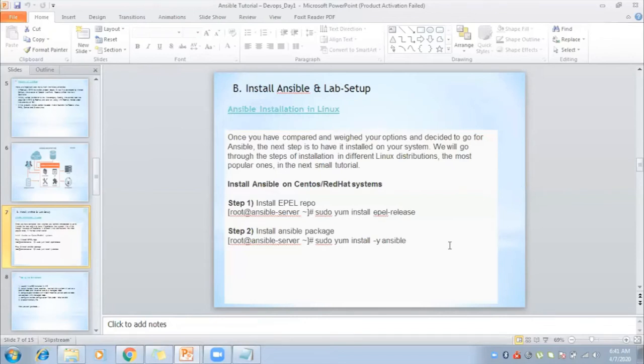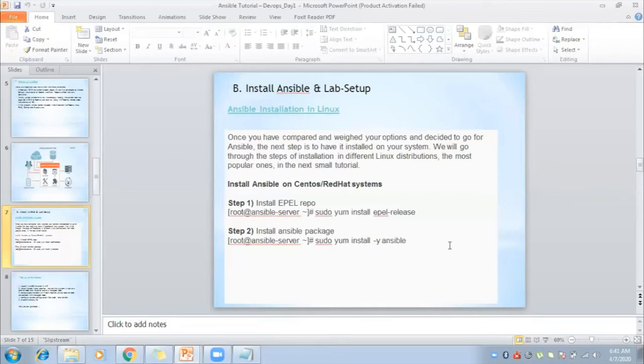So inside the Red Hat system, we will configure the EPEL repository. EPEL is completely free and available on the internet. You can configure the EPEL repository and then get the Ansible package from it.